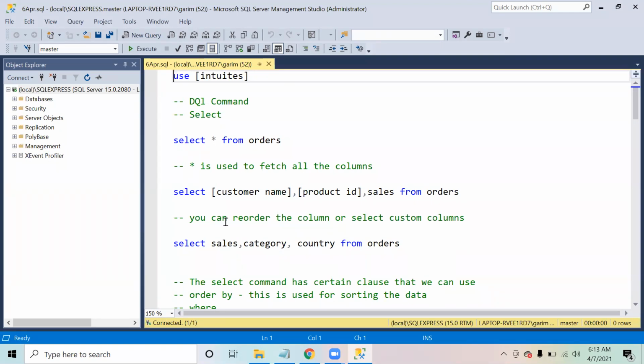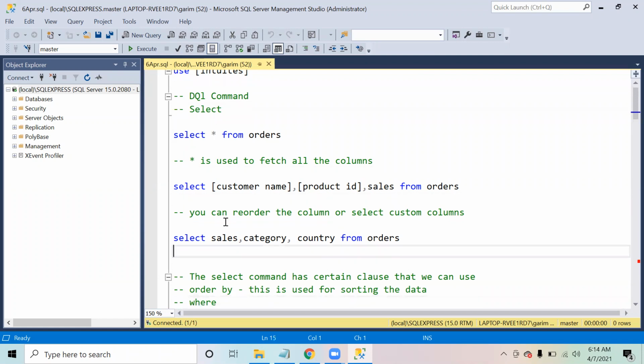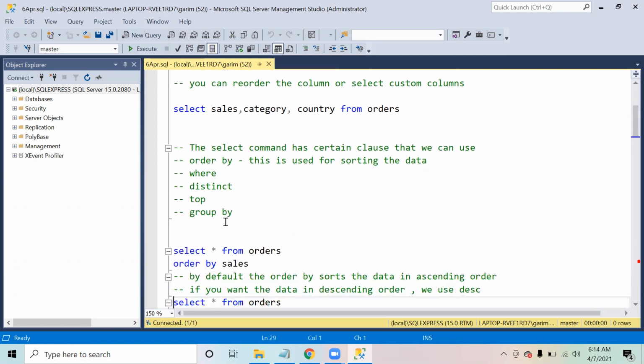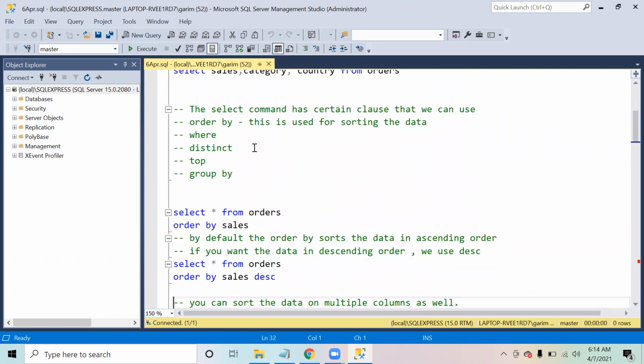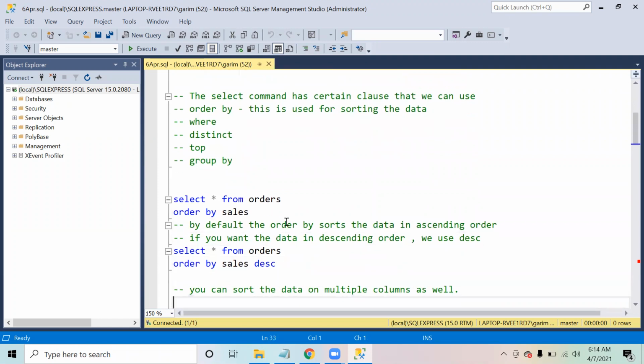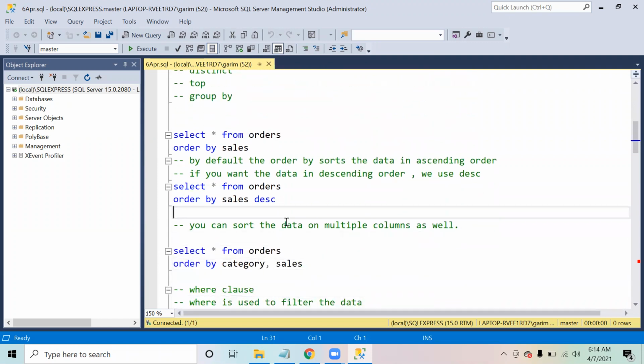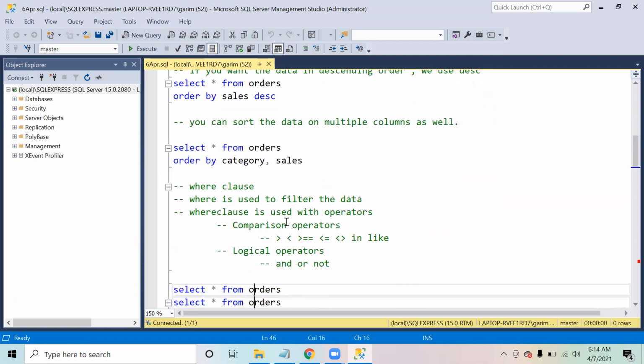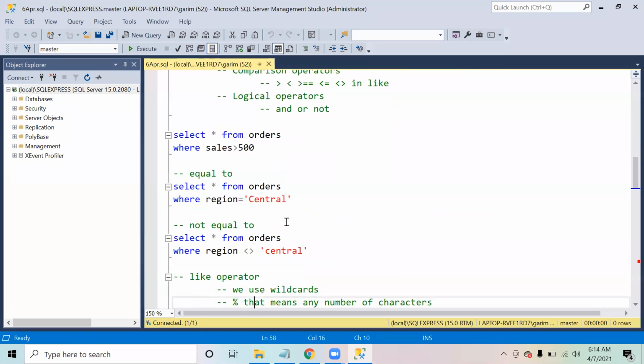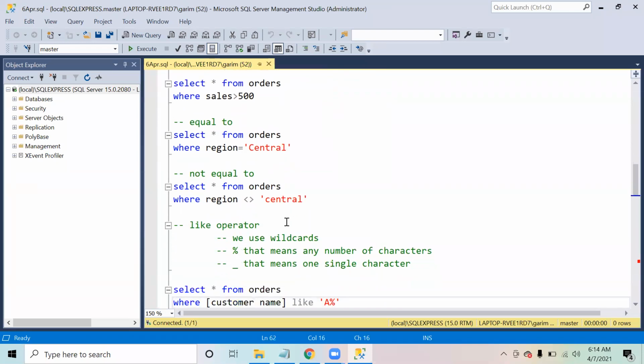Okay. So, yesterday, what we were doing was we had started out with the select statement. So these were a couple of statements that we did: if you want to figure out only a couple of columns, or you want to reorder them. We also saw certain commands like how you can order by if you want to sort the data, how you can use a where clause, and in the where clause, we were studying the different types of operators that we have. So this is something that we were trying to study yesterday. So let's just get started from there.